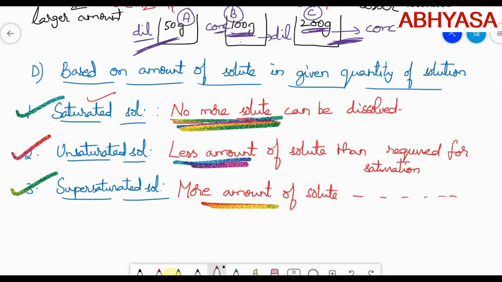In 11th class itself, in a chapter called ionic equilibrium, we will be using these words, saturated solution as well as supersaturated solution. That is why I am explaining these terms here. So that is about some of the basic technical words we come across in this topic related to solutions, and that is the end of this session. I hope you got all the technical words related to solutions. In the next video, let us understand some more terms related to solutions, where we will be discussing the various methods of expressing concentration of solution.